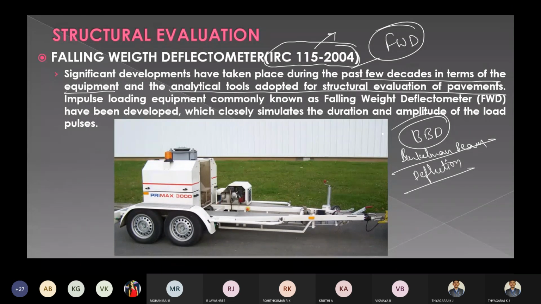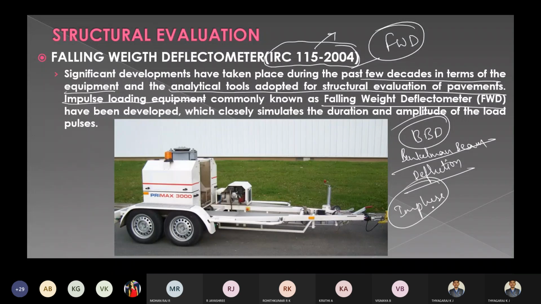But nowadays they have adopted analytical tools and equipment based on impulse loading to obtain the structural condition. So we use the impulse as the loading factor.